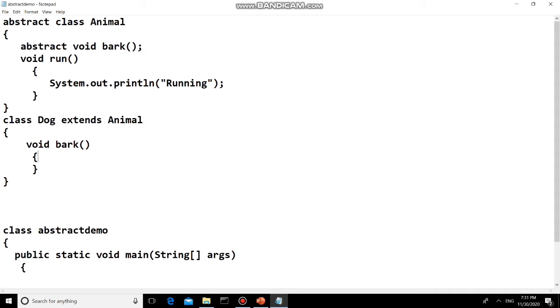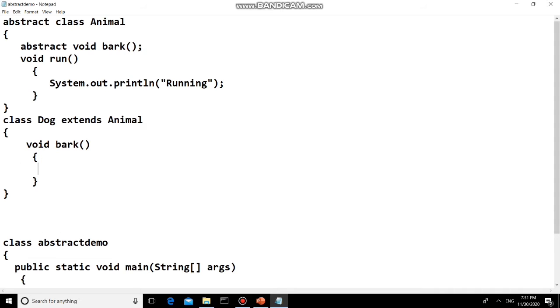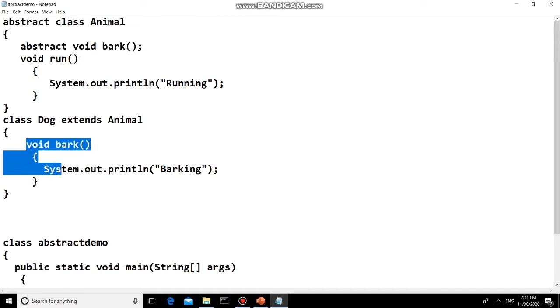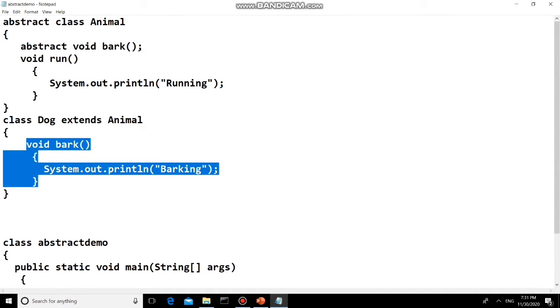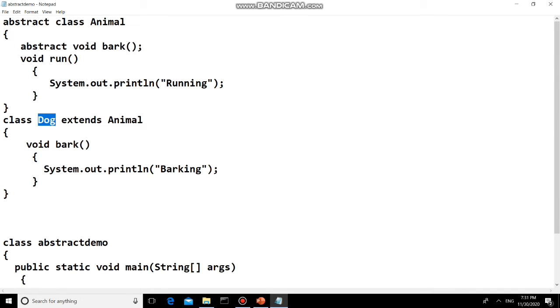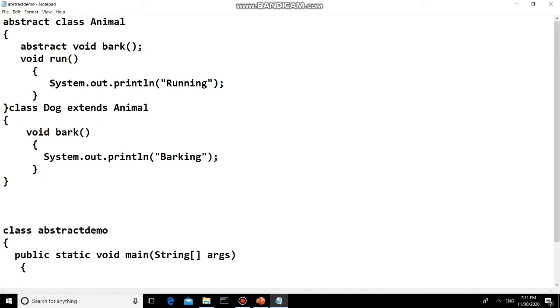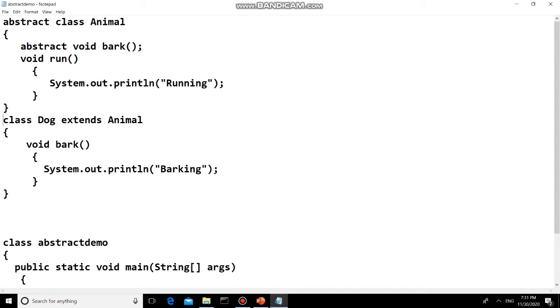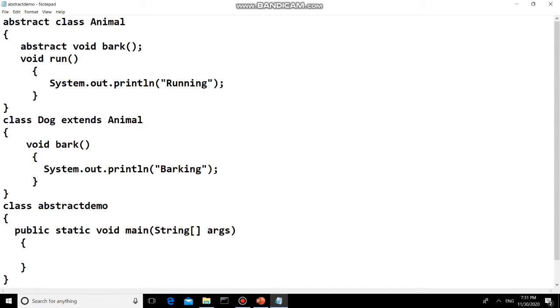As a part of implementation, I'm simply printing a static message, that is barking. So the bark method is an abstract method whose declaration is present in the abstract class and whose definition is present in the dog class because it is extending the animal class. Now the run method is already defined. Now this is the main class, abstract demo.